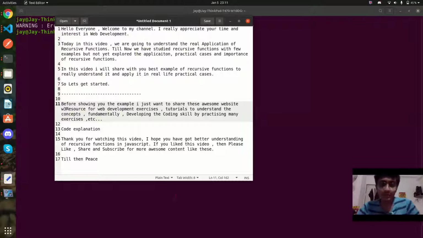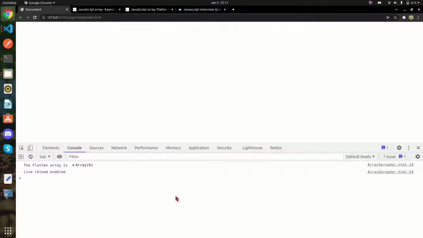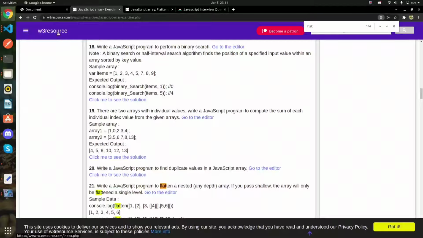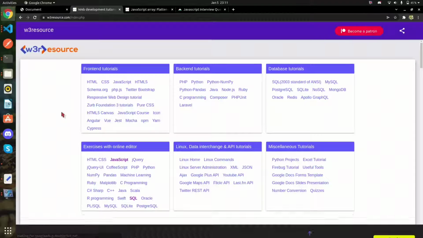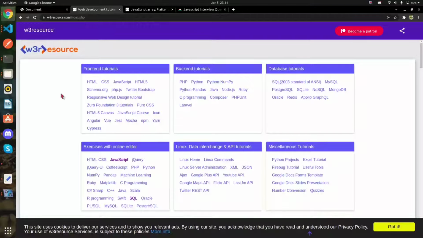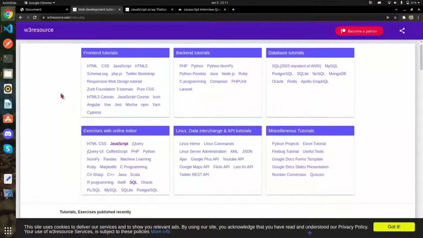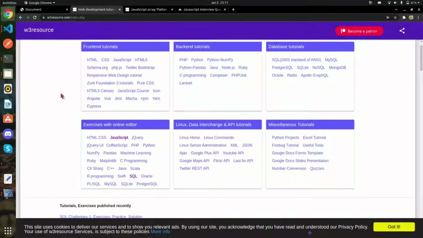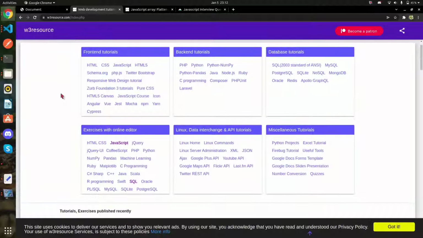Before showing you the example, I just want to share this awesome website, this one, W3 Resource. This website is for developers who are trying to develop their core skills, understanding fundamentals, practicing and developing the skill in coding.